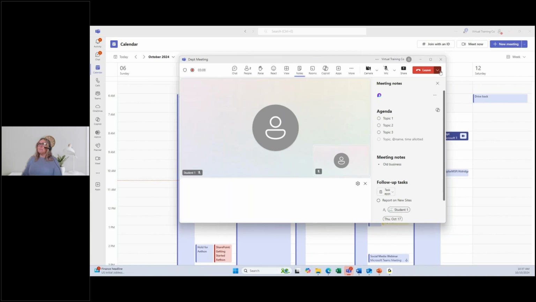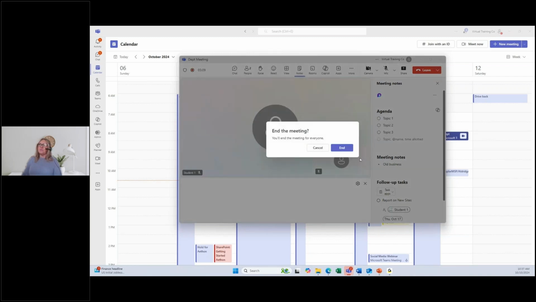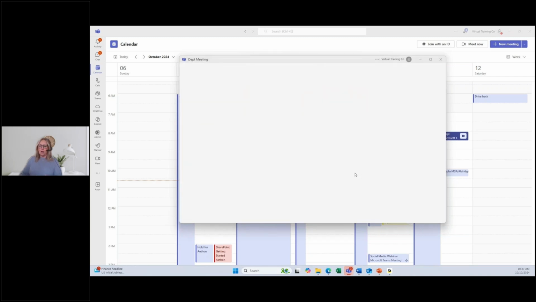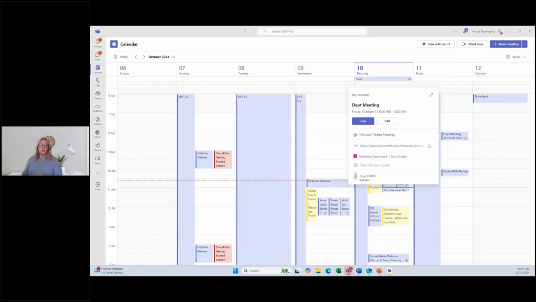You want to click on the drop down arrow and make sure that you end the meeting for everyone. So it's ending it automatically for other people. Do that as soon as you possibly can when you're in the meeting. So what's going to happen with all that information is, if I go back to that meeting now, I'm going